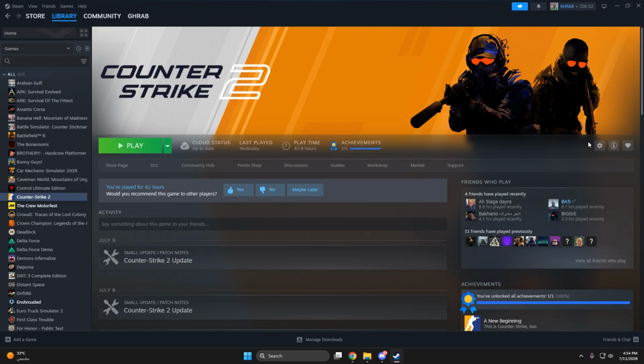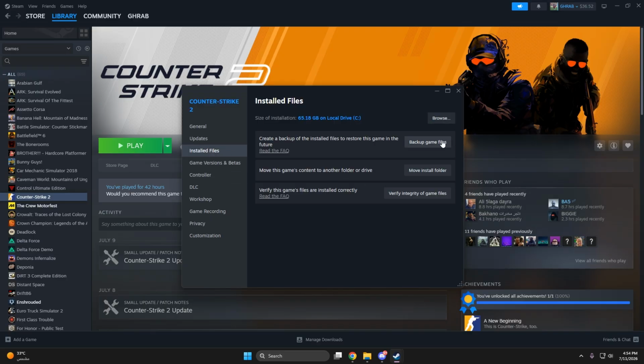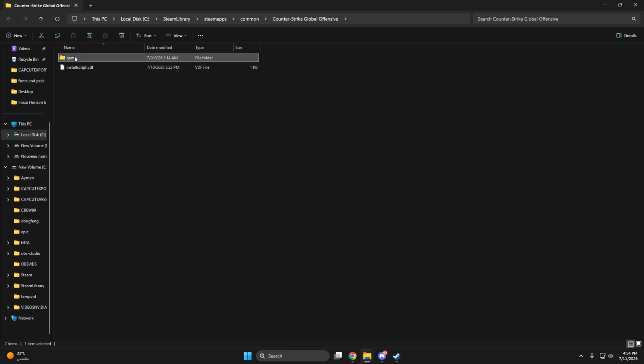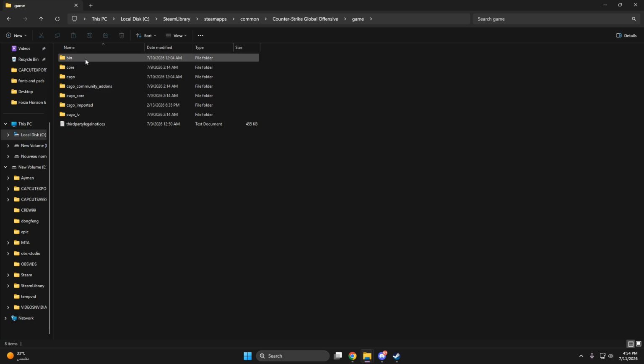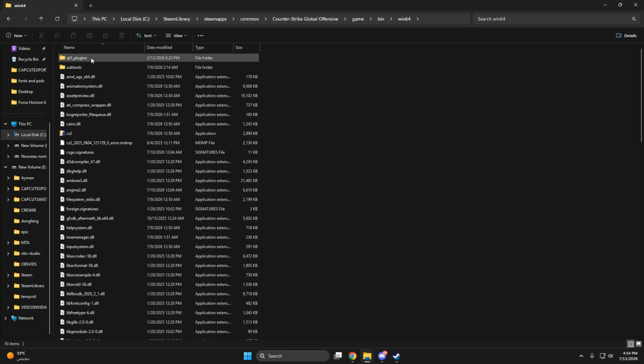First, right-click on this button, then select Properties. Head to the Installed Files tab and click Browse. Once the game folder opens, follow this path with me. Open the game folder. Then open bin. After that, open Win64. Here you'll find